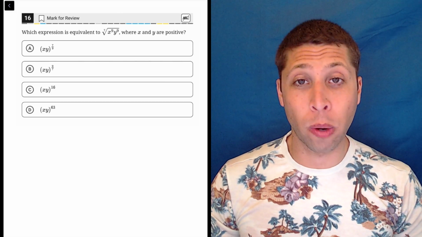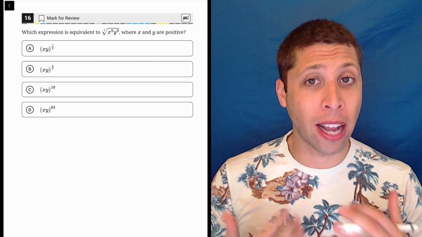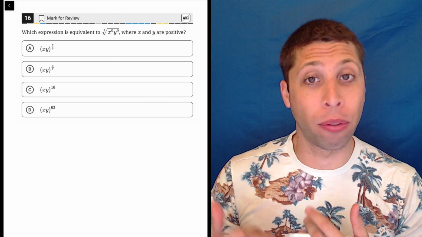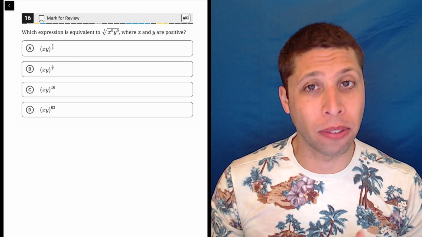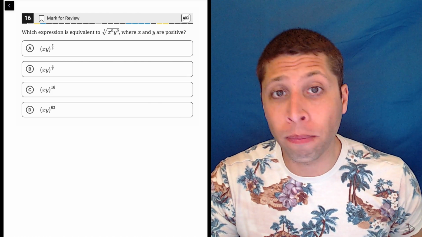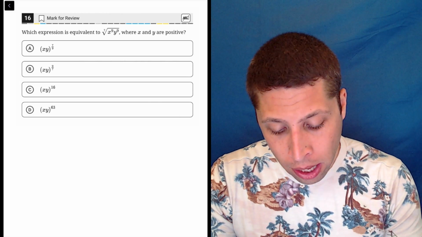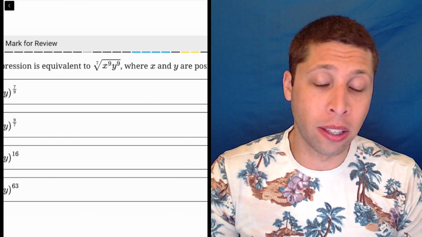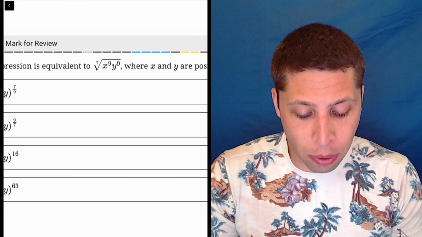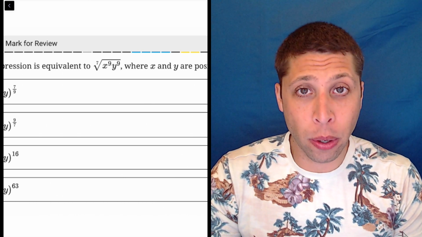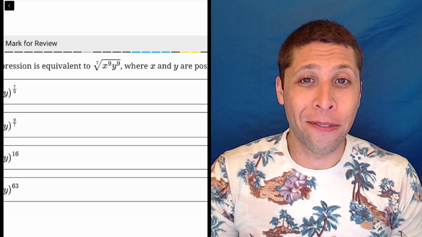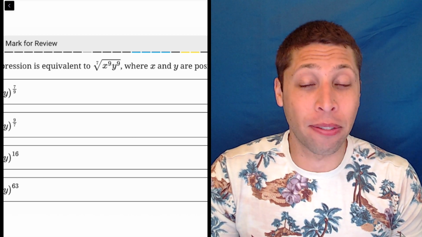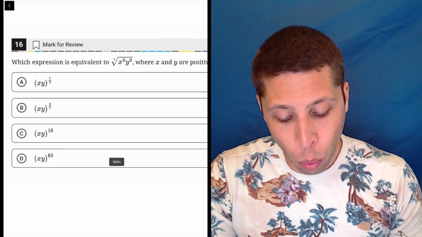So this is really just a question about memorizing how exponents work. When we have both fractional exponents and radicals involved in something, this is really no math at all, really just vocab or memorization. So we need to understand that if we're taking the square root, or in this case, a seventh root of a number that has some exponents, we can express that as a fractional exponent, where the